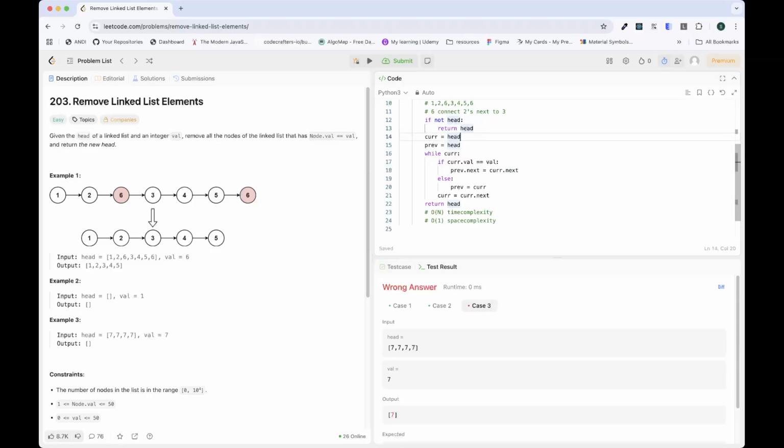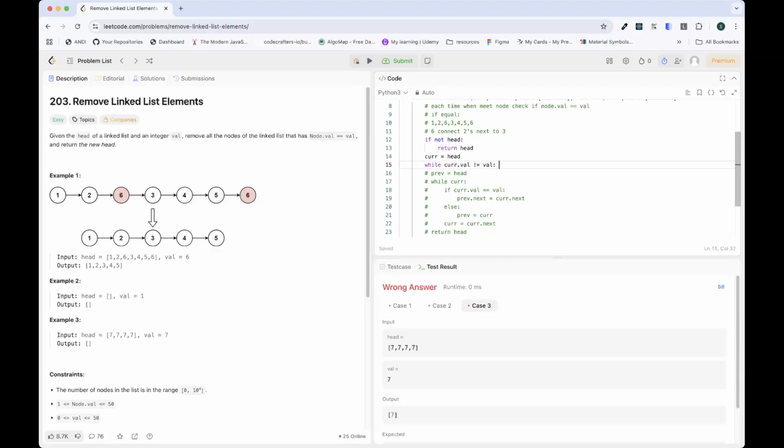Maybe we can take another approach where we iterate only if current.value is not equal to val. Okay, we'll actually try to keep this code just in case and try to code it again, because I think we can do it like this. So if cur is not equal, so while it's not equal to val, so it runs only if